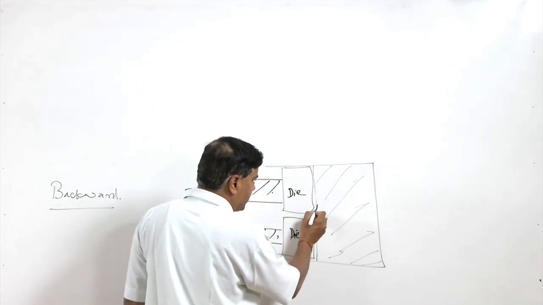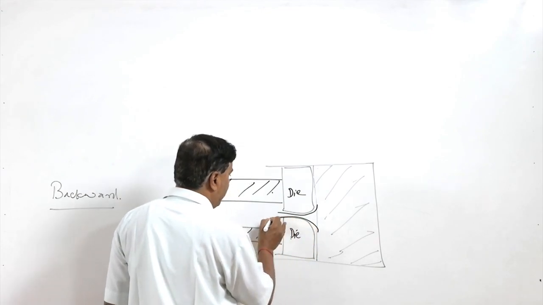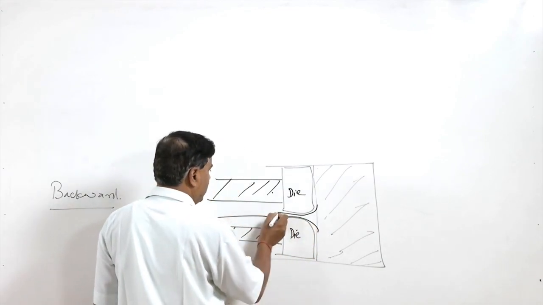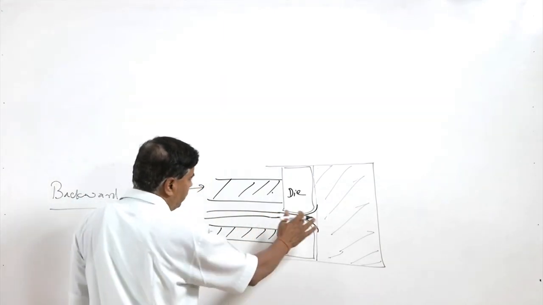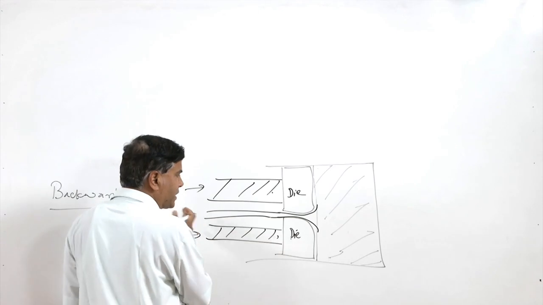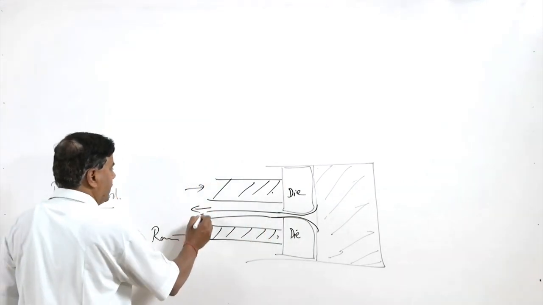In this process the metal starts flowing out of the die in the reverse direction, meaning the flow of the metal through the die is opposite to the direction of the ram movement, and that is why it is called